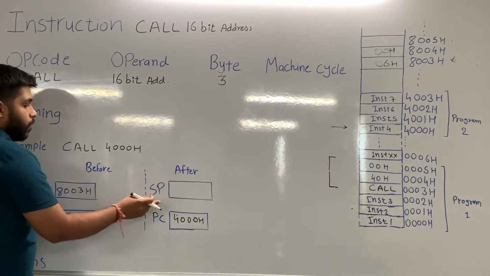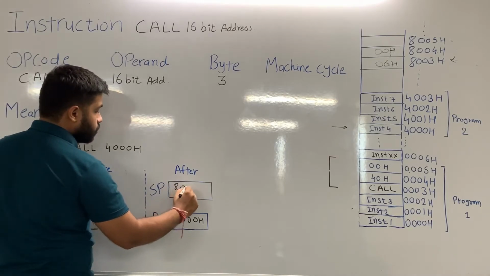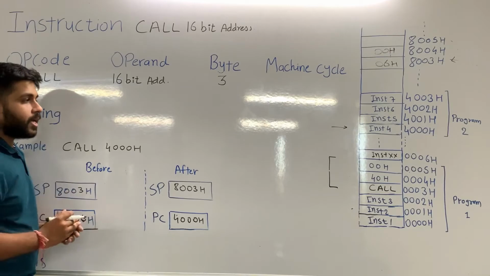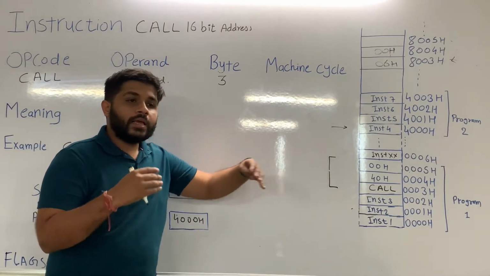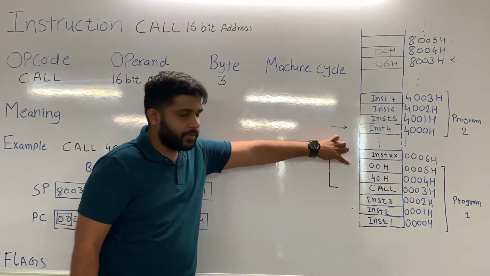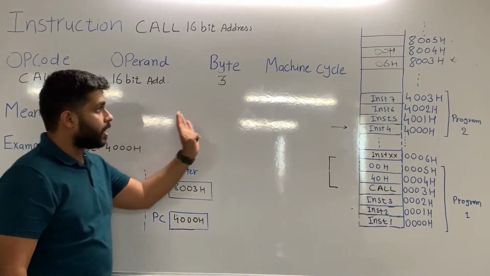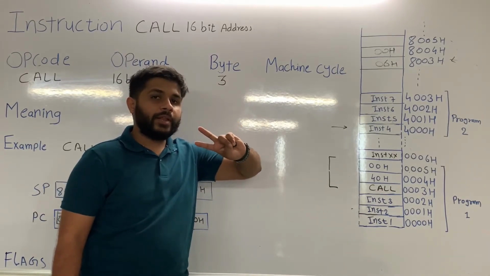Okay, so what is the value of the stack pointer after the execution? It is 8003H. Now what is the machine cycle required? For this instruction, how many processes are done? To fetch the instruction: opcode fetch, memory read and memory read. After the instruction is fetched, the microprocessor is storing data in the stack. And how many times is it storing data? 2 times.